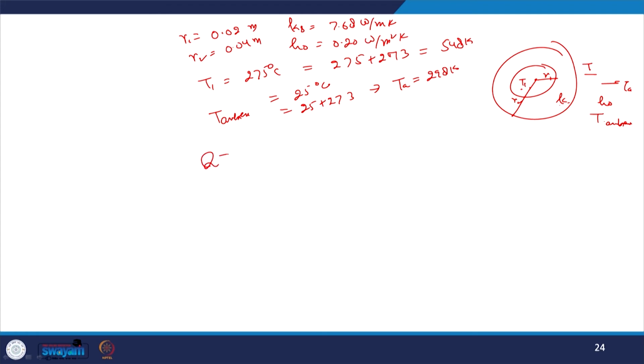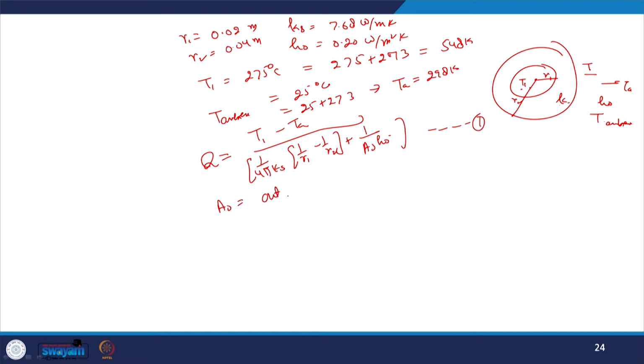So let us write the equation Q is equal to T1 minus TA upon 1 upon 4 pi Ks into 1 upon R1 minus 1 upon R2 plus 1 upon A naught H naught, and that is equation number 1. Now A naught is